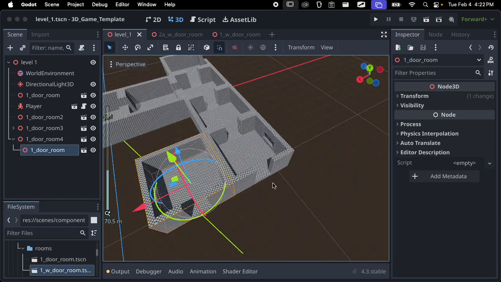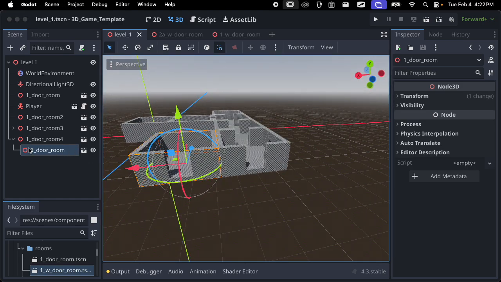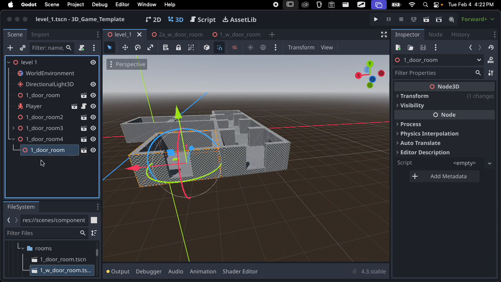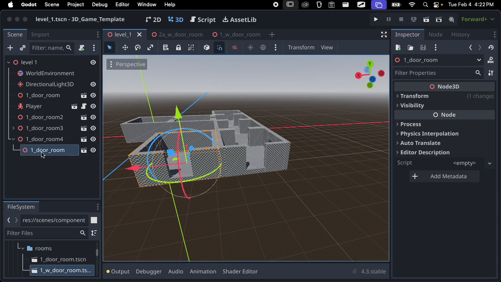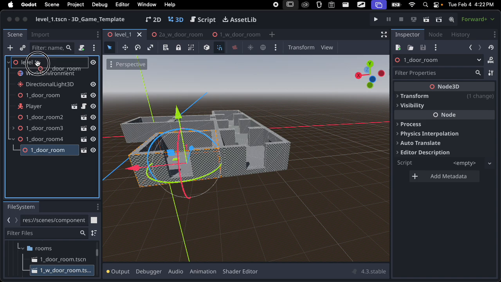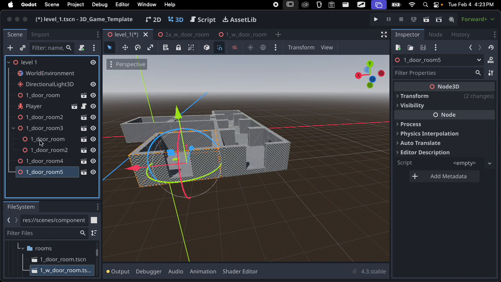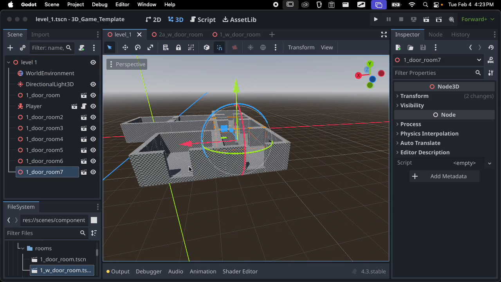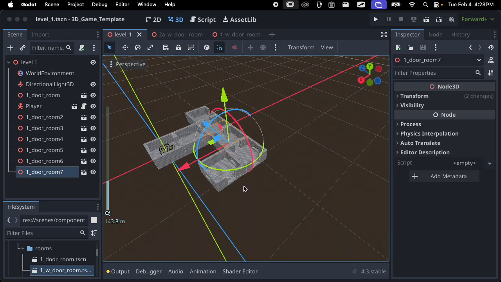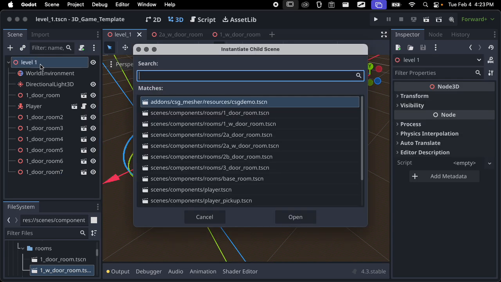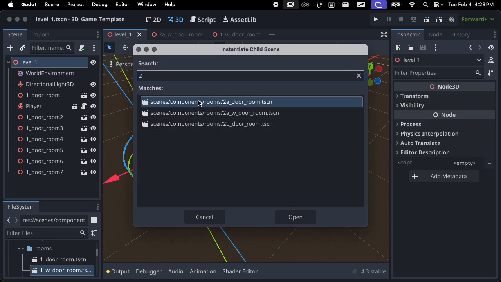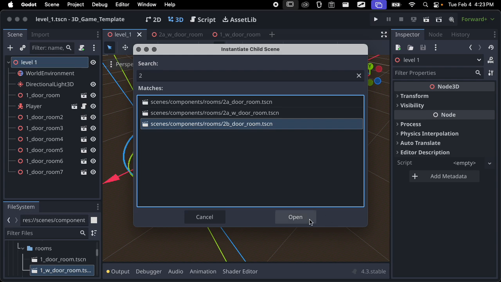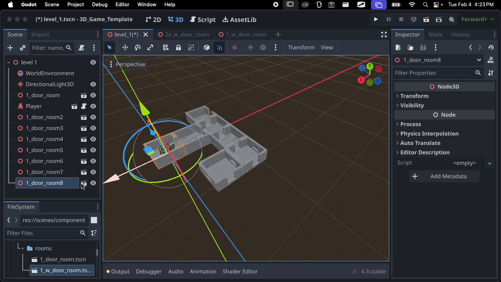So I need a couple corner rooms to finish this out, so I'll use... Oh, and I accidentally made this door a child of the other one. I'll just drag this up to the level so it's not like that. Oh, I did that with these guys too. Whoops. I don't want these to be children of each other. Okay, so let's add in our 2B, which actually naming this like corner, I think,